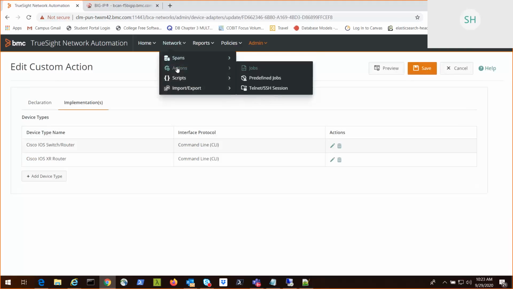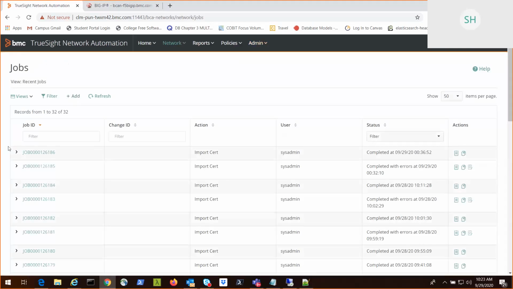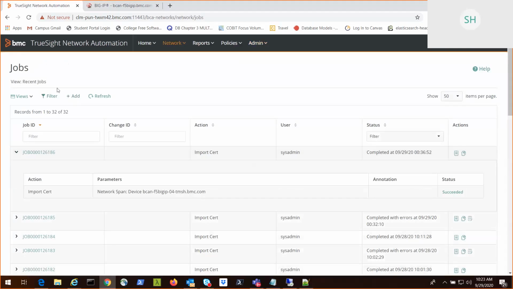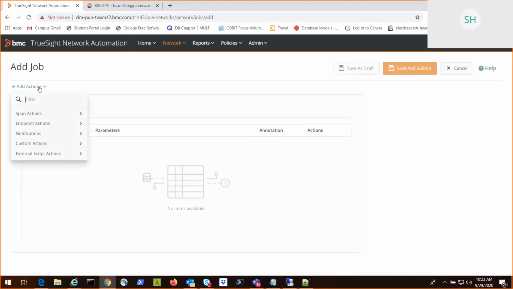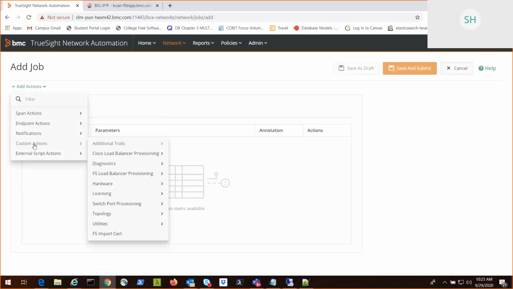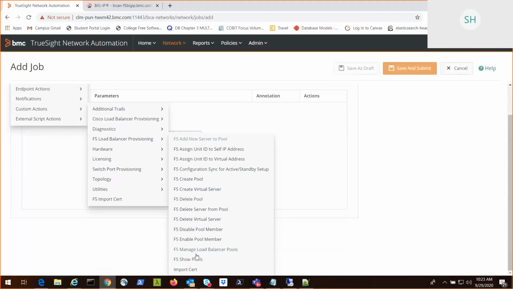And the way we are going to run this custom action is the same. All we have to do is go to the actions, custom actions. It was the F5 load balancer. We called it